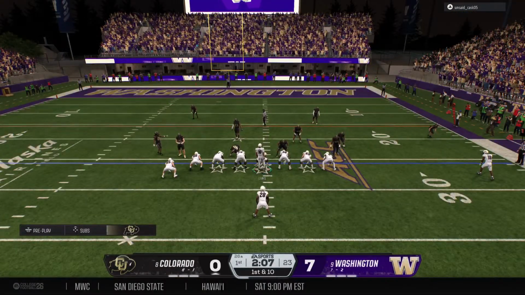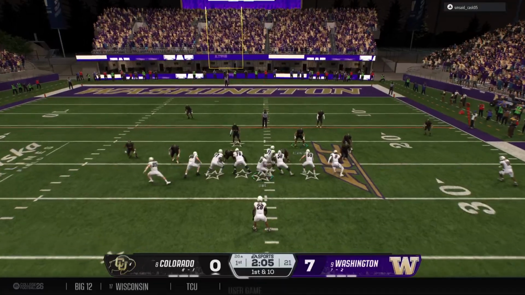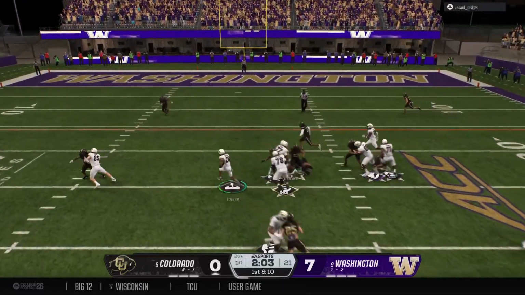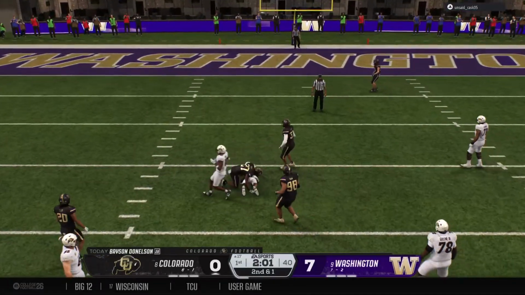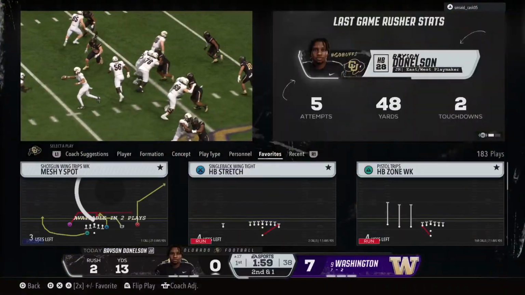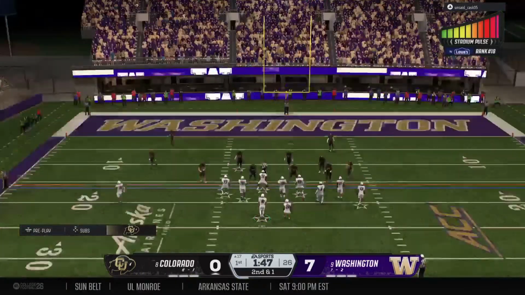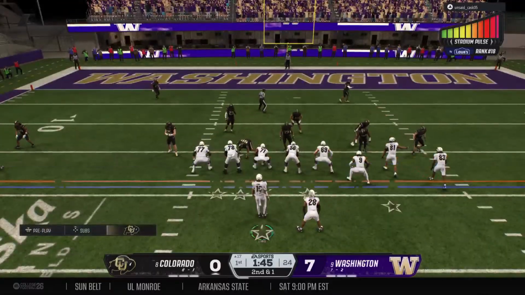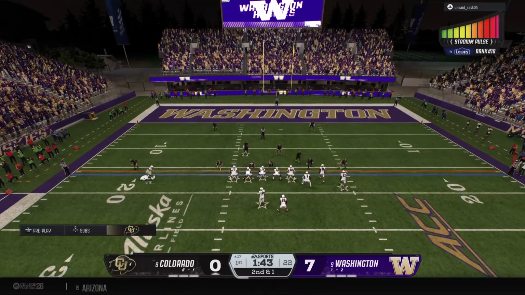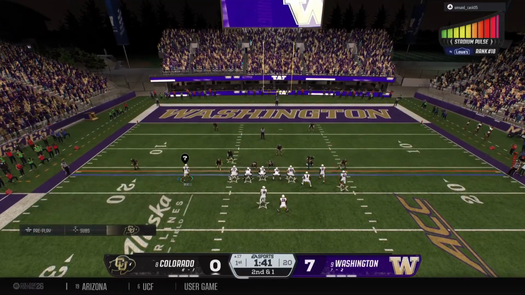The Buffaloes getting set on 1st and 10. Single back formation, and they give it to him. Tough run, gets it into the red zone, and they knock him down at the 17. And a nice job by the running back, finding space, getting downhill, making a good run. Great job finishing with his pads.